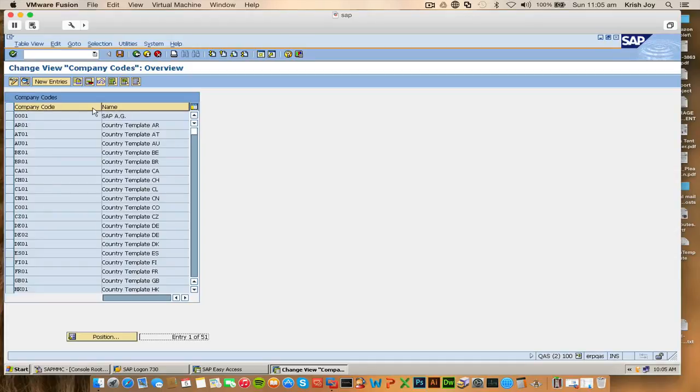What is FBZP used for? It's the maintain payment program. It's a configuration activity so that we can make payment electronically. It is very simple. In layman's terms, if you have to understand,